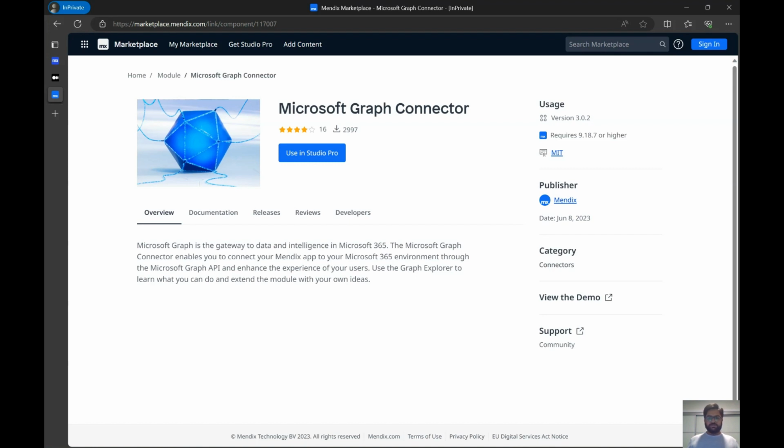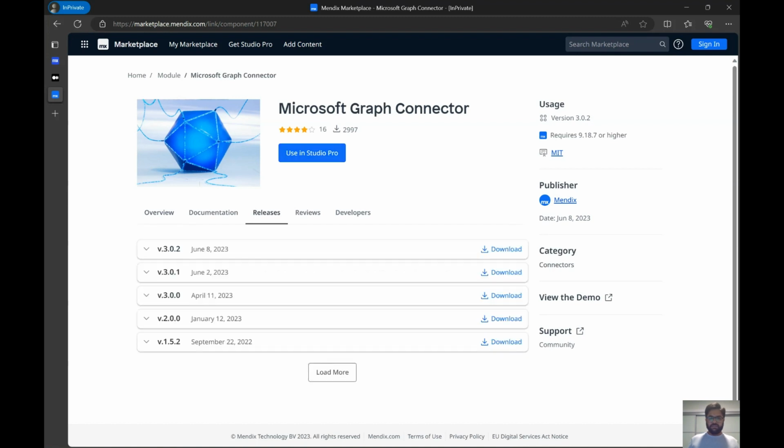So that's one. This connector is readily available in Mendix, so you can download it using Studio Pro button, or just getting the download from the releases option. So I'll be using the latest one that was released in June of 2023, and then there's good documentation available